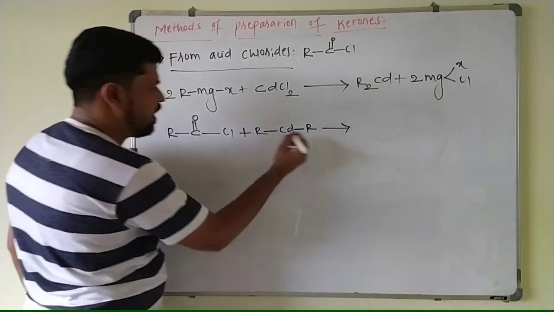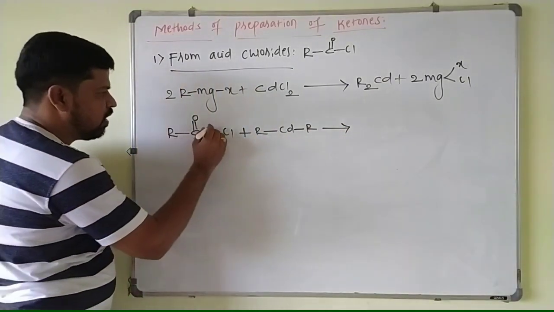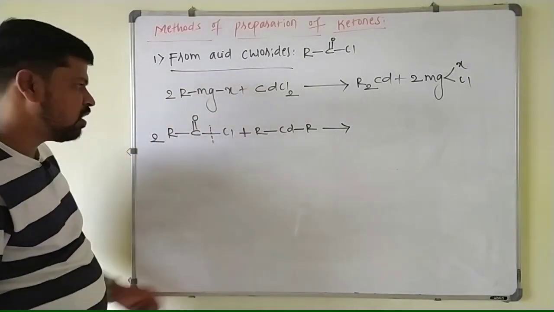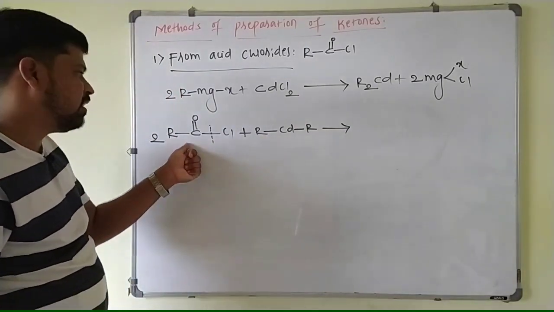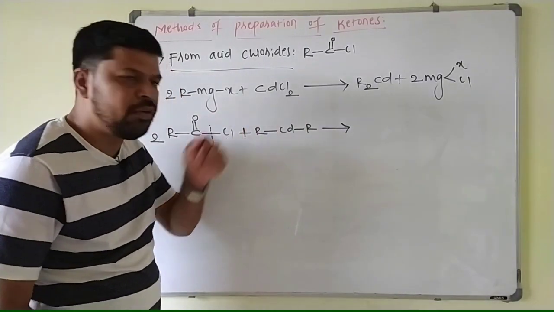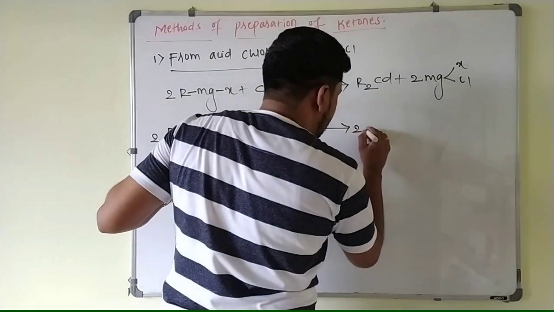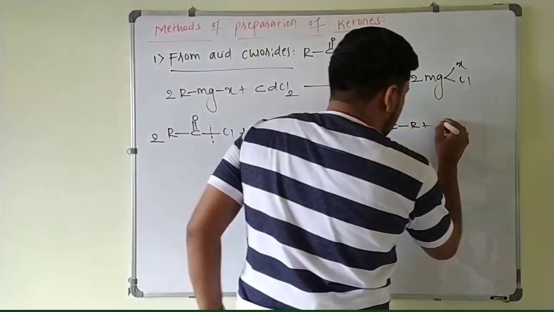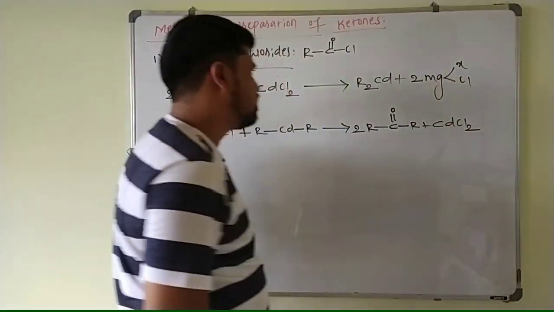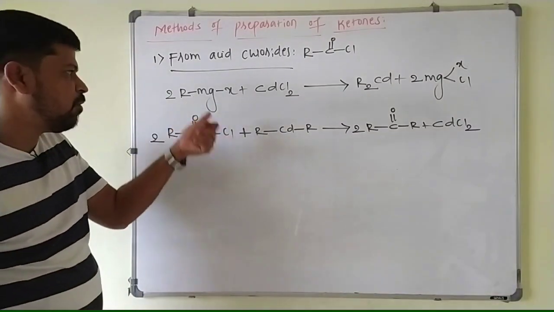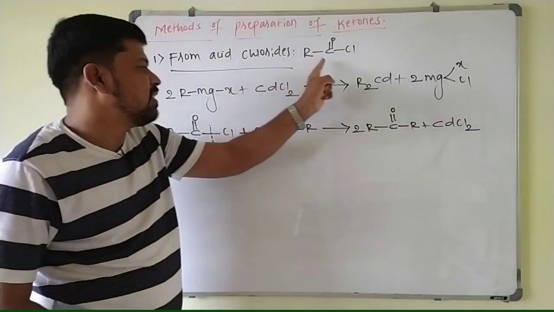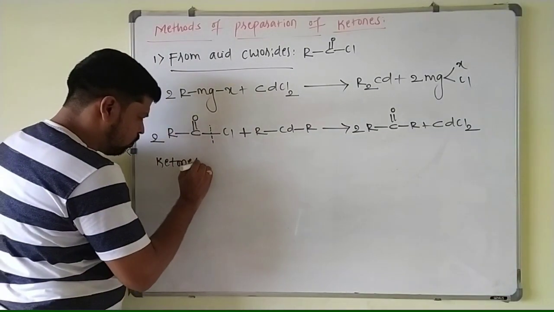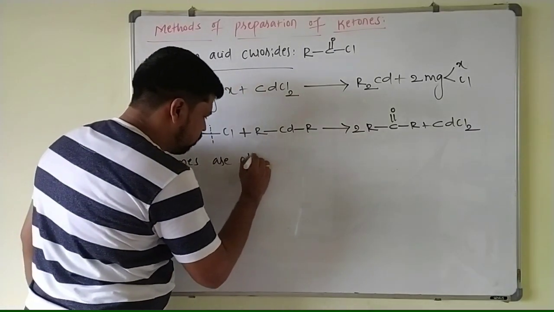2 alkyl groups are attached to the cadmium here. So that here the C-Cl bond is broken, 1 alkyl group is added. That's why you have to take 2 moles of acid chloride here. The 2 alkyl groups are added to the acid chloride and these 2 chlorines are removed. Again they will combine with cadmium here. So your answer will be 2 times ketone, RCOR, plus cadmium chloride. Like this Grignard reagent is used indirectly for the preparation of ketones from the acid chlorides. So ketones are obtained